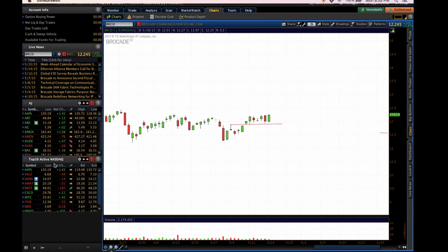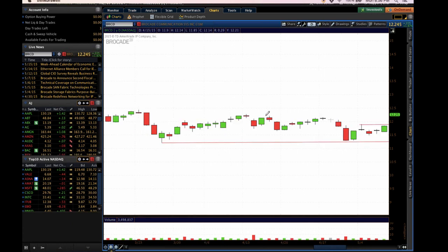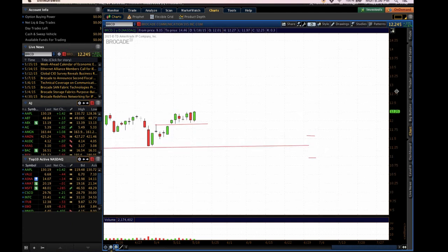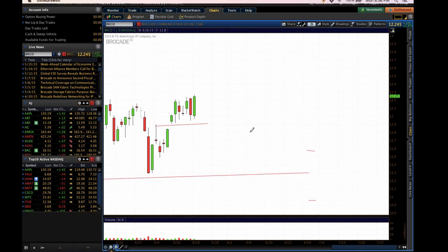Okay, Vincent has his stop at 11. That is good too, because here we have a support level right around 1125. So if Vincent has his stop at 11, that's okay. But here's why I think you should raise your stop. If you raise your stop from 11 to 1160, you're giving the stock an opportunity to rally on this bullish pattern. Let me go back to the way the chart was. If you raise your stop up to 1160, you're giving the stock room to breathe and respond to